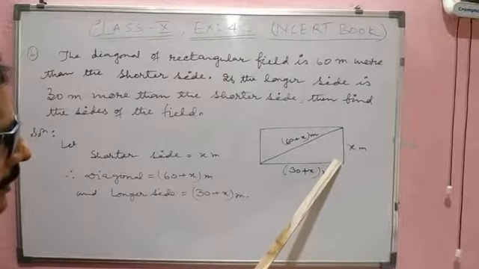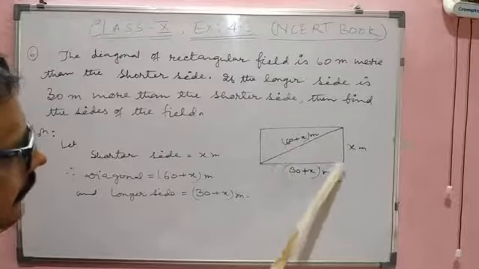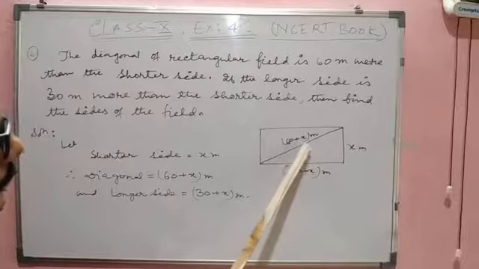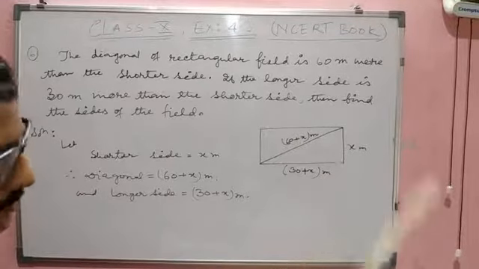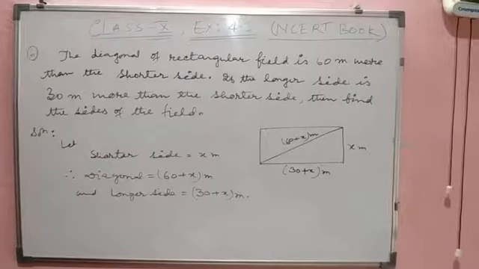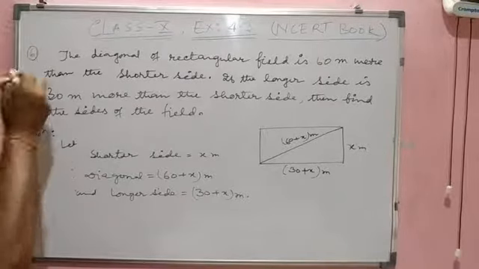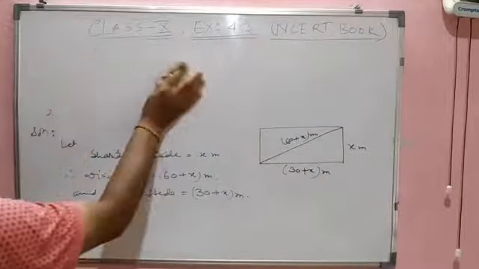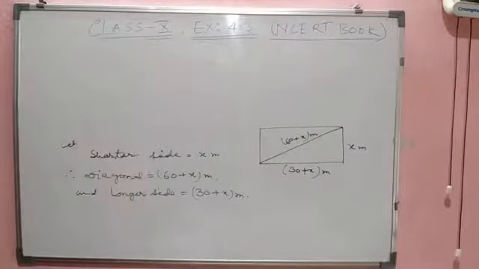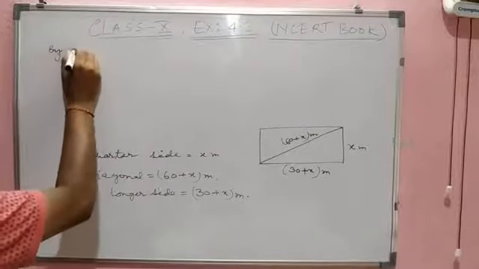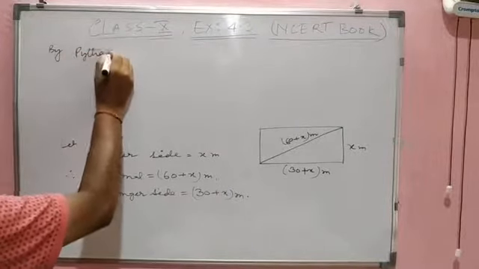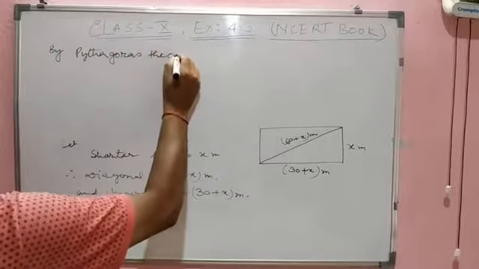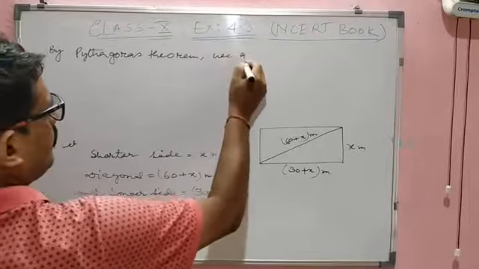So here we know that this angle is 90 degrees because it is a rectangle, so this is a right angle triangle. Here we can apply the Pythagoras theorem. This will be the hypotenuse. So hypotenuse square equals perpendicular square plus base square. So by the Pythagoras theorem we get